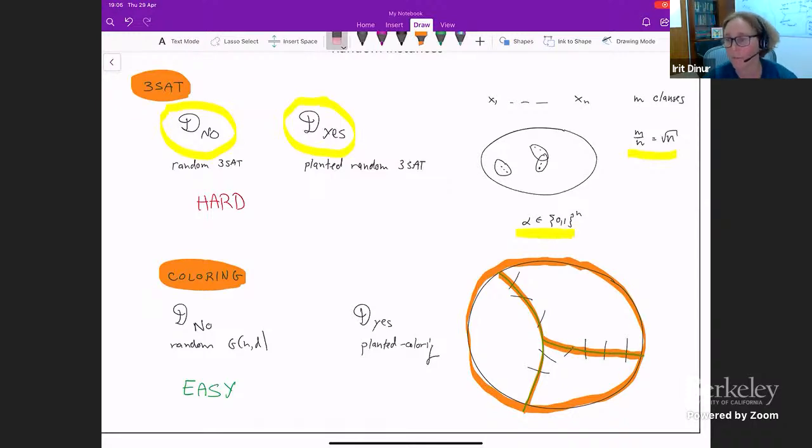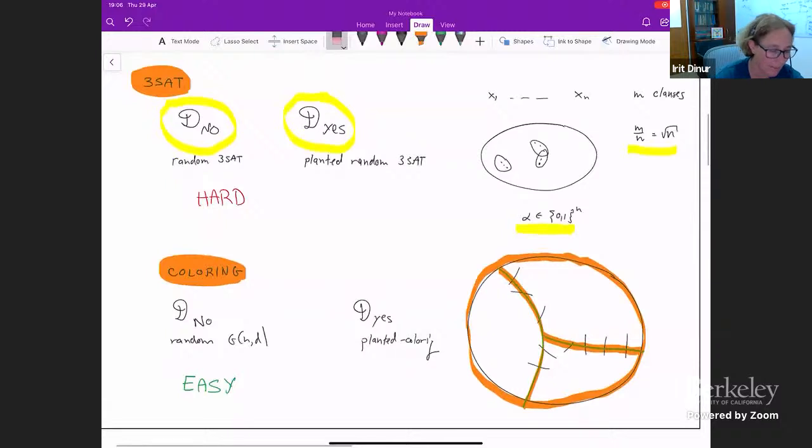Now you made this graph 3-colorable. So this is the planted distribution. Whereas in the random distribution, you just select random edges and that's it. In the planted, you delete the edges from inside each color class. And now, again, you ask yourself, is this easy or is this hard? Unlike the case of 3-SAT, it turns out that this is actually easy. Back in '94, Alon and Kahale gave a spectral algorithm to recover the planted partition, the planted coloring in this distribution.